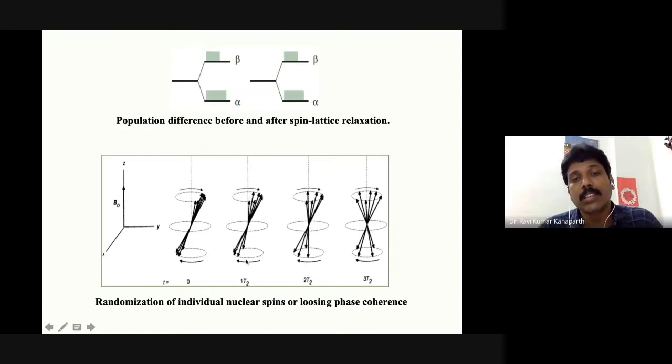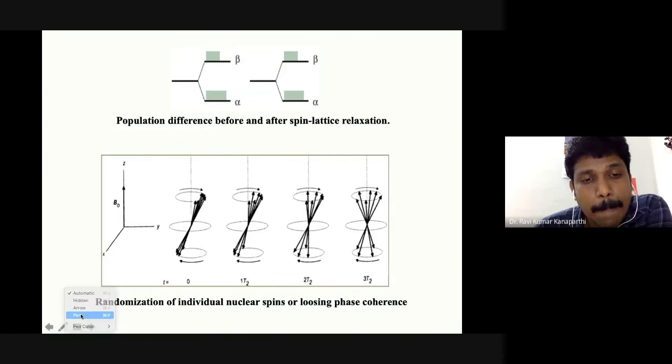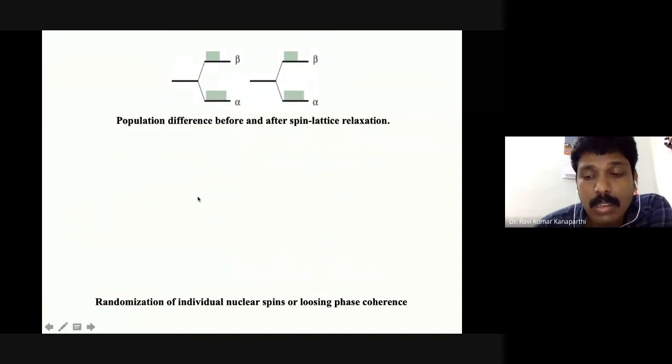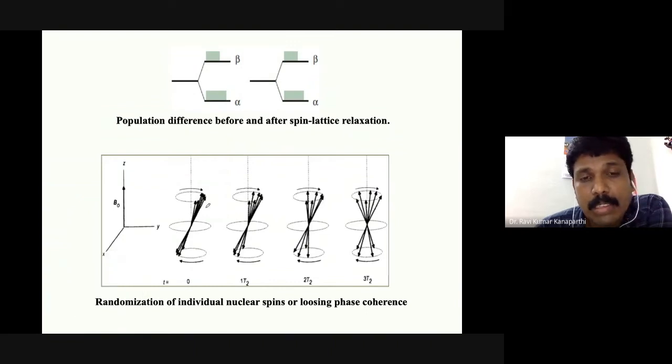And here you can see this. This is what I was talking about. As a bunch together, they precess in a particular plane. When you apply 90 degrees, this will precess in a particular plane. Suppose initially they were all randomly oriented along the cone, and then they were rotating. But after applying the radio frequency pulse, as a bunch together, they precess in a particular plane.